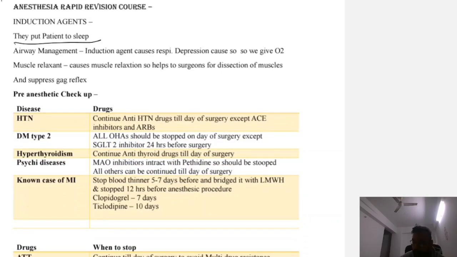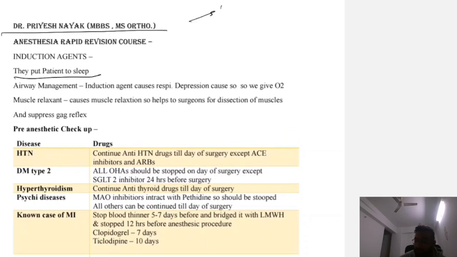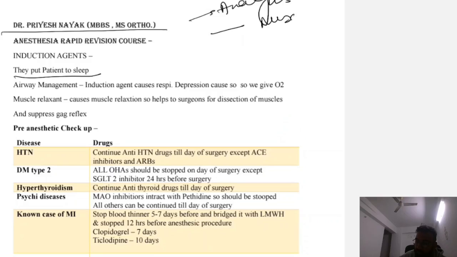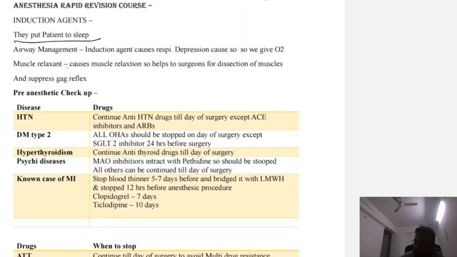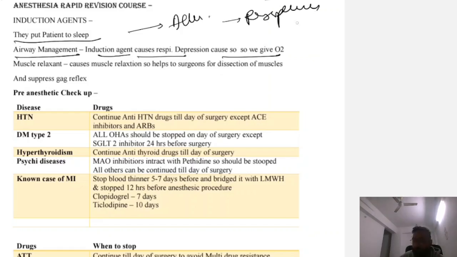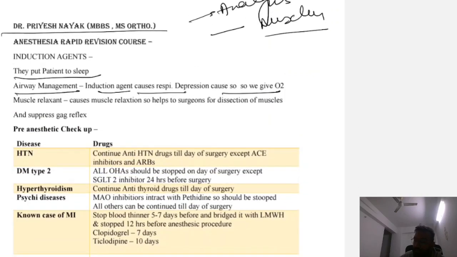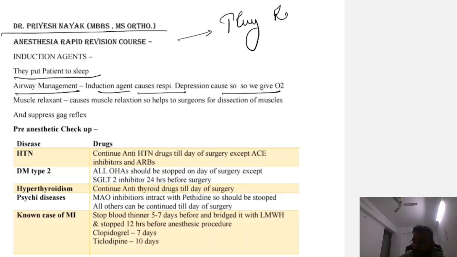They put the patient to sleep. There is analgesia, they give muscle relaxant, so they put the patient to sleep. Airway management: induction agents cause respiratory depression, so we can give oxygen, because most of the induction agents cause respiratory depression. Why? Because anesthetic agents slow down the metabolism of the body, so mostly they cause respiratory depression. Because they cause respiratory depression, you have to give oxygen,